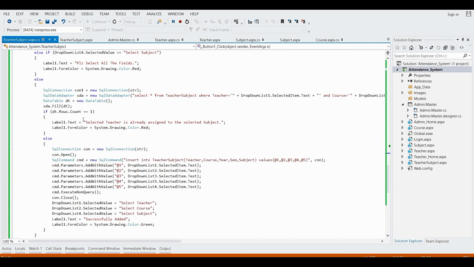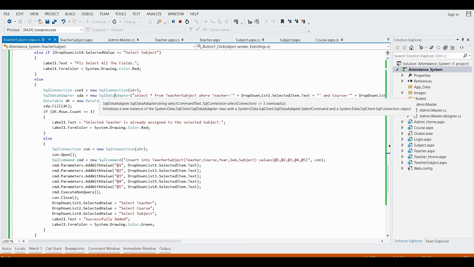After that, we take label 1 for displaying the message that the selected teacher is already assigned to the selected subject, which means the value coming from this drop down list is stored in the data table.